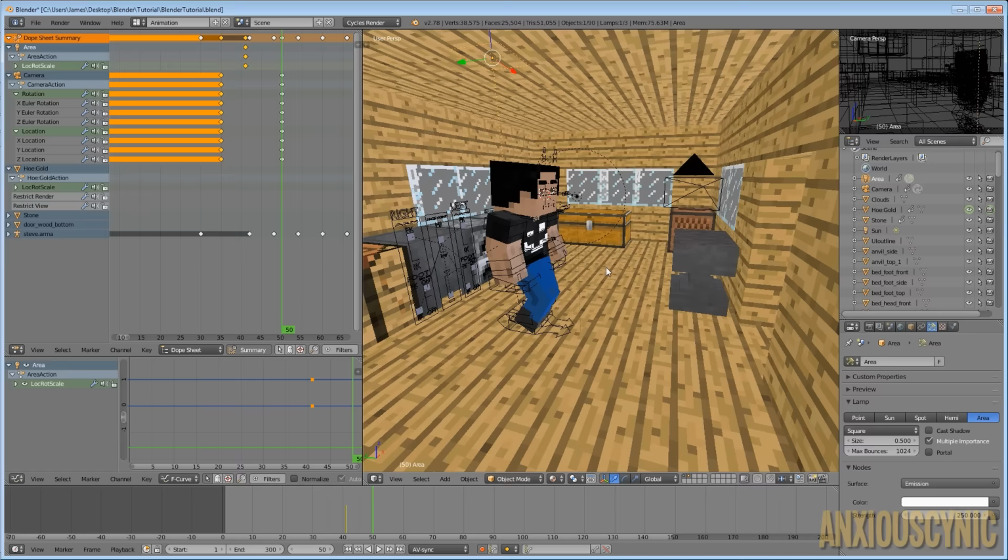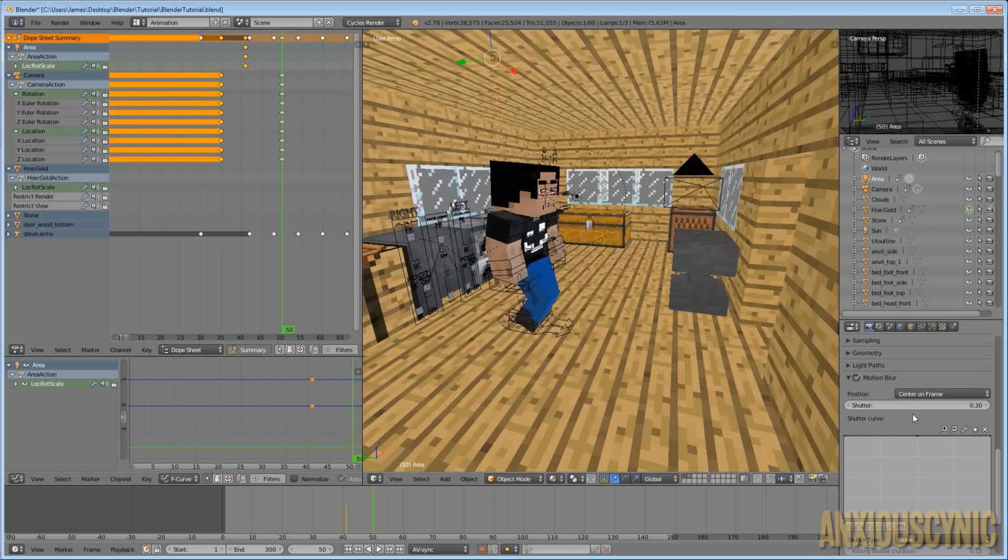So let's go ahead and back out of this. If you watch Arbiters from Black Plasma Studios tutorial series, when he did this, he's using motion blur through compositing, which is something we'll cover as well, like I said, but probably in the next part. But I'm just using the actual built-in rendering motion blur. In any case, he actually covered this issue, and he turns off the vector blur in the compositing or something like that. But in my opinion, there's actually a better way to go about that.